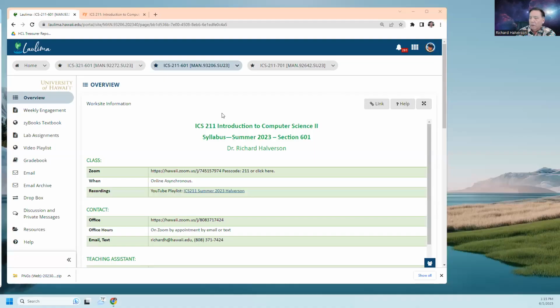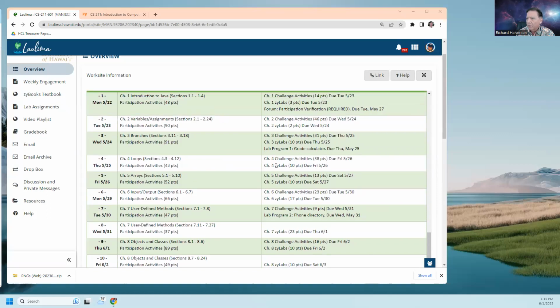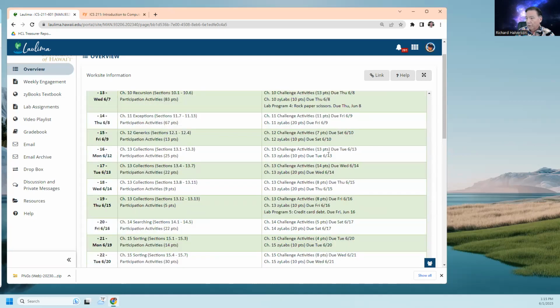So let me share my screen. All right, so before I go any further, this is where we are. This is where I am on the syllabus, and I want to reinforce that these dates here are recommended. They're where you should be pacing. The book is designed where we don't have to have a lecture, but I like to have a lecture because if there's some things that you don't quite catch in the book, then you can hear them from me. Plus, if you're stuck on the challenge activities,